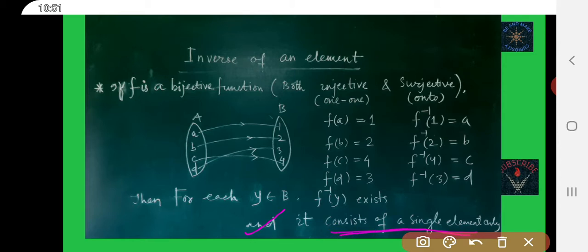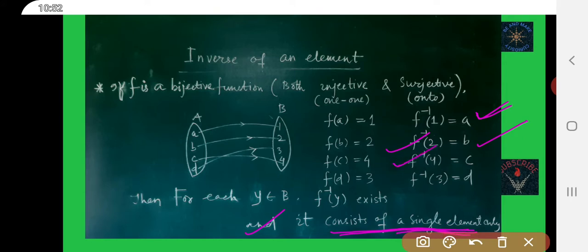Single element. You see here F inverse of 1, you are getting one pre-image or inverse. F inverse of 2 is B, only one element.